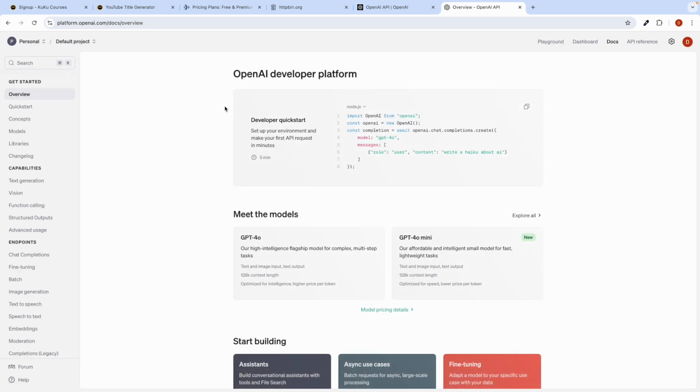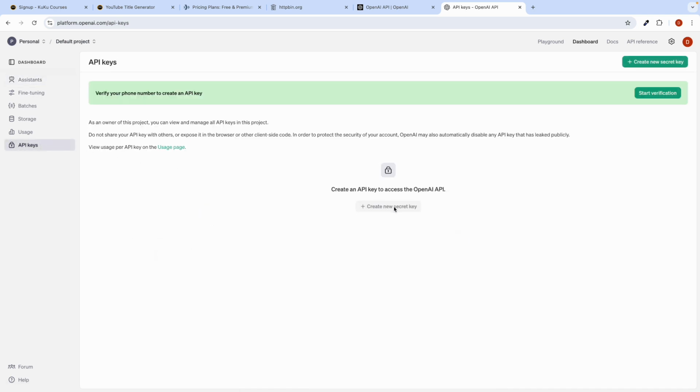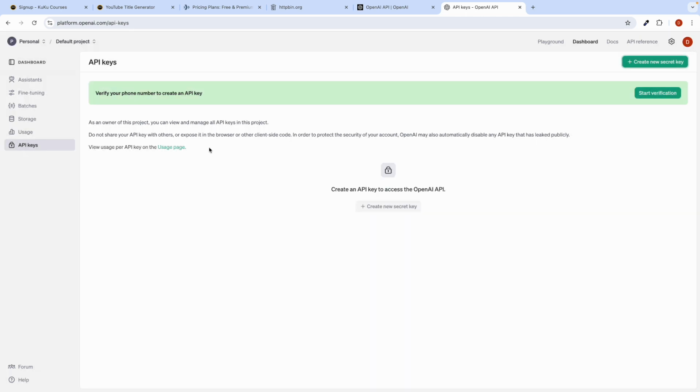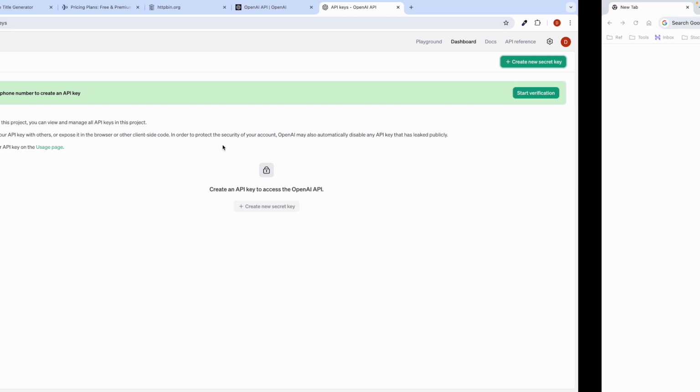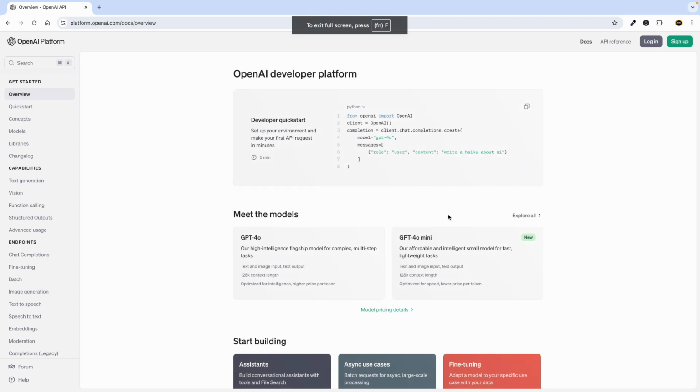And here you can see, if you just go to the dashboard, you can see the API key. From here you can generate the API key. You can just click on create the API key, and from here you can create it. Now wait, let me show you my one. Okay, for example, here you can see